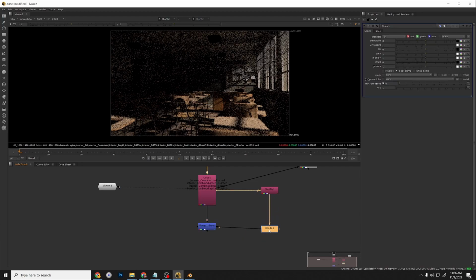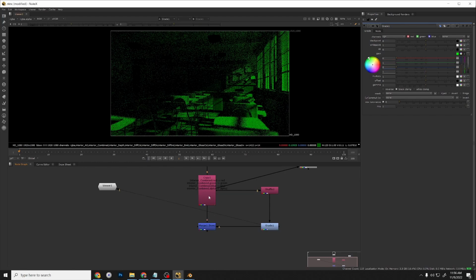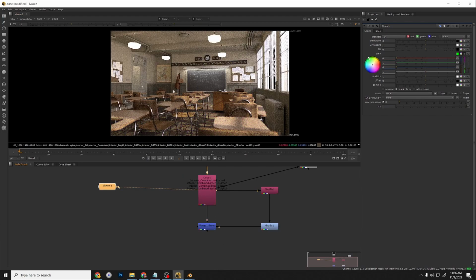So we have this grade. Let's go ahead and make it very apparent what we're doing to this light. If we go into the gain, let's turn the red and blue channels to 0. Now it's very green. Okay, so in the main beauty we have removed, oops, sorry. I don't want to remove the edited version, I want to remove the original version. So I've removed that original version of this